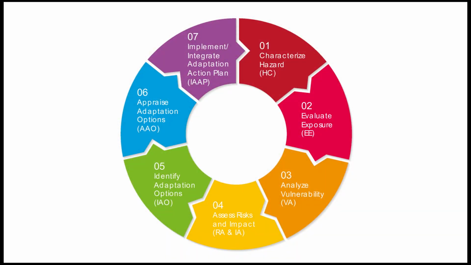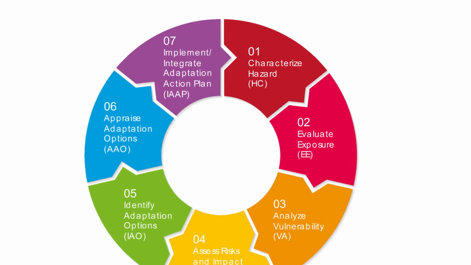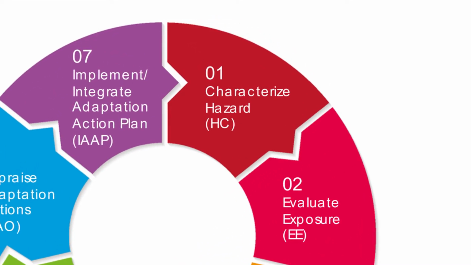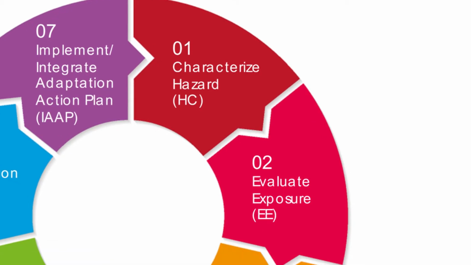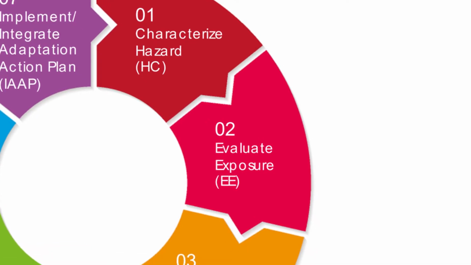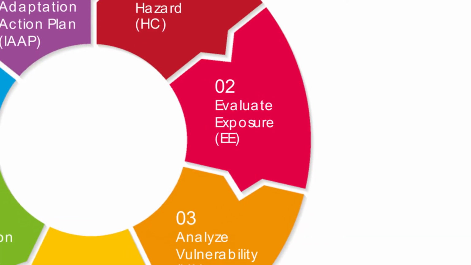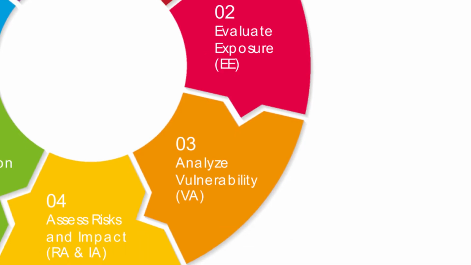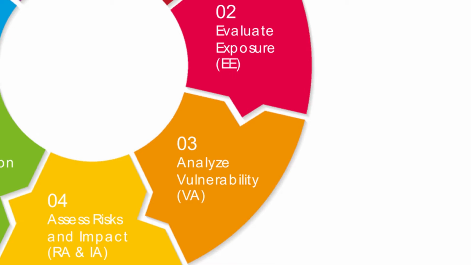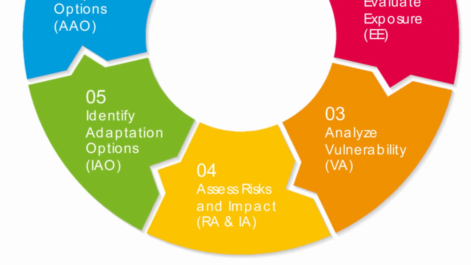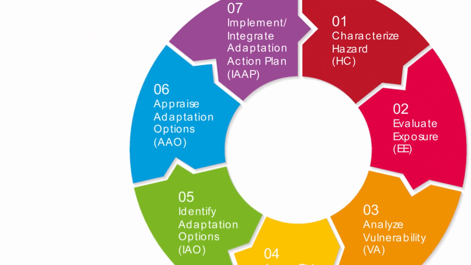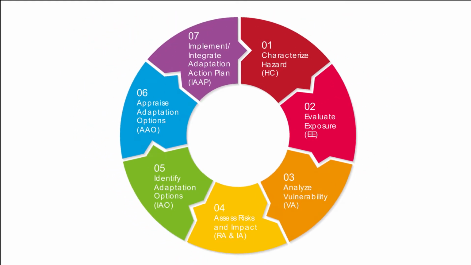The first 4 steps include the analysis of climate risk and impact scenarios, and that comprises the hazard characterization, for example for heat waves or floods, the exposure analysis in order to assess who or what is affected by the hazard in place, a vulnerability analysis that takes into account how susceptible the element at risk is, kind of people, buildings, infrastructure, objects, with respect to the hazard in question, and at the end the risk assessment itself and the vulnerability assessment. And the last 3 steps relate to the identification, assessment and integration of adaptation options.